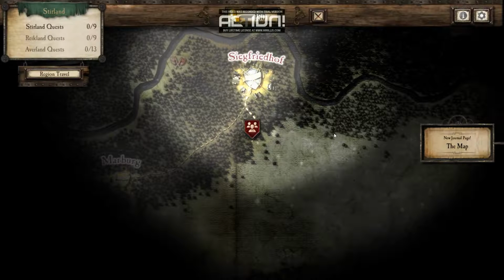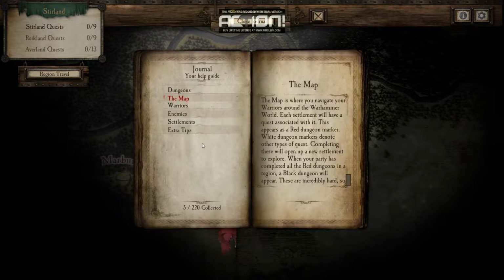New journal page, the map. The map is where you navigate your warriors around the Warhammer world. Each settlement will have a quest associated with it. This appears as a red dungeon marker. White dungeon markers denote other types of quests. So those are the side quests that you can pick up